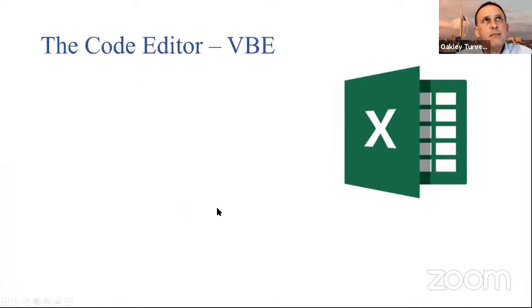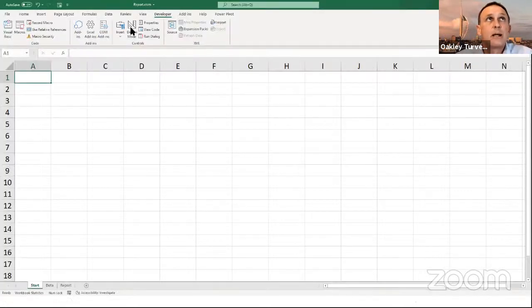references. Now what we're going to do is have a look at how we get in to look and see the code. So there is actually a code editor, Visual Basic editor, because the code is written in Visual Basic for Applications. That's what VBA stands for. And in this case, the application is Excel. So different ways we can get to the code editor. We can get to it from the developer ribbon. So if I click here on the developer ribbon, we can go to Visual Basic, hover over there. It says Visual Basic editor.